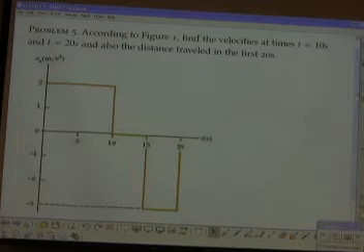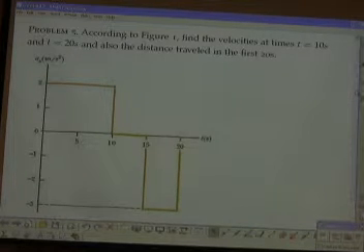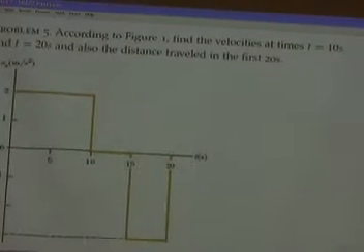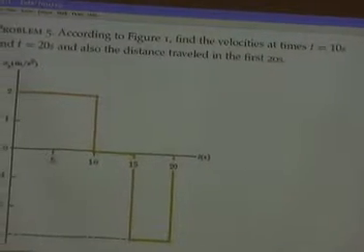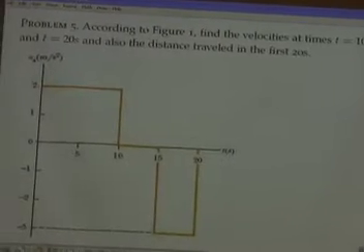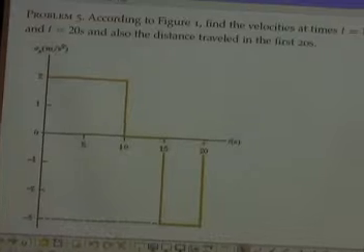Shall we go? According to figure 1, find the velocity at times t equals 10 seconds and t equals 20 seconds, and also the distance traveled in the first 20 seconds. Okay? At 10 seconds,